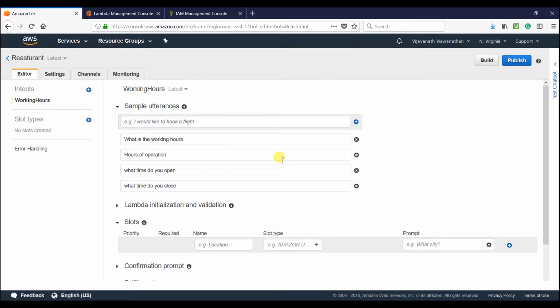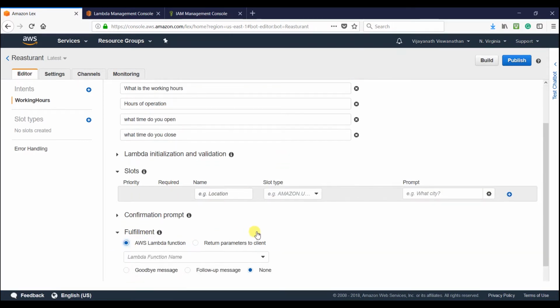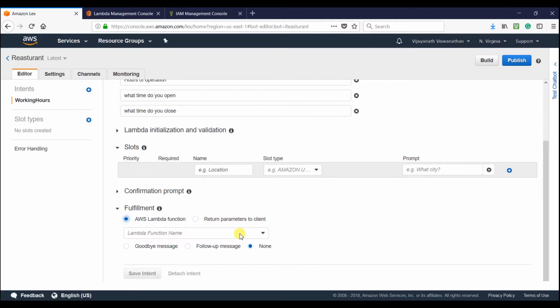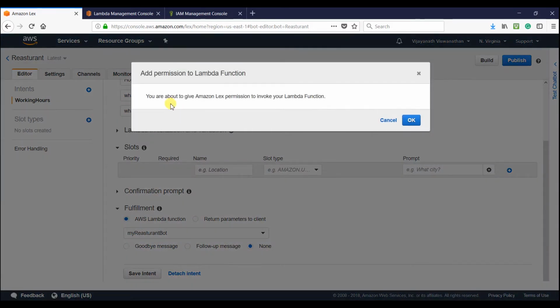Okay, and when we come down here, click on AWS Lambda function, we should be able to see the Lambda function we have created. That is my restaurant board. Here you go, select that one. Okay, and we are getting a message, you are about to give Amazon Lex permission to invoke your Lambda function, and that is what we want. Click on OK,